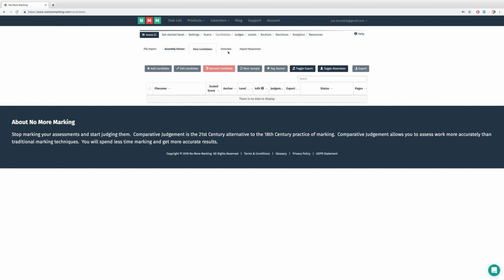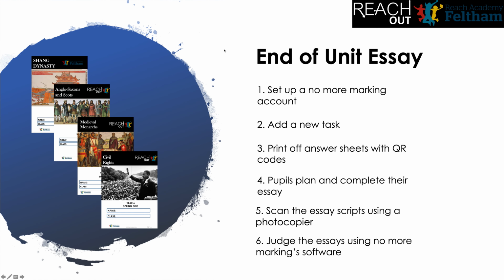So they'll each write on their own named piece of lined paper that this system prints out. So we've signed up to No More Marking, we've added our candidates, and we've generated those lined pieces of named paper with the QR code on. Pupils will then plan and complete their essay,